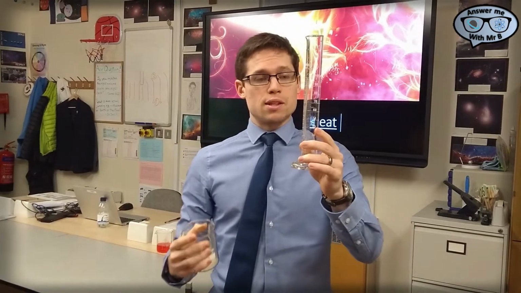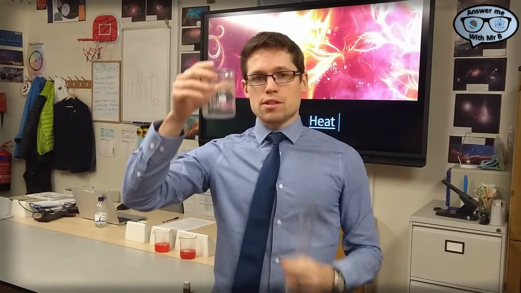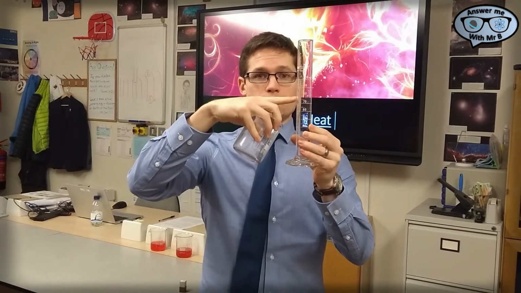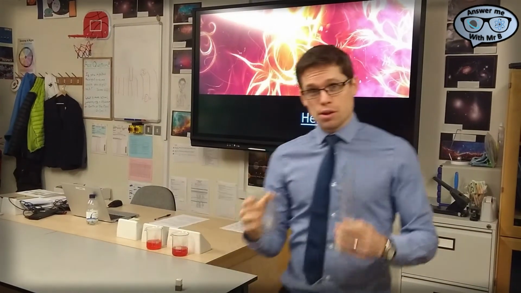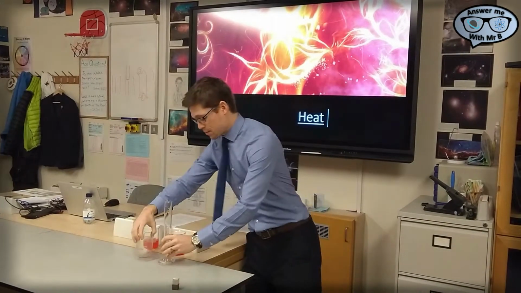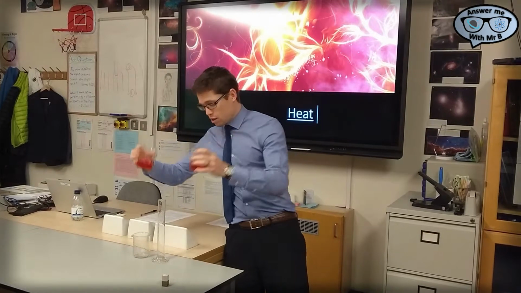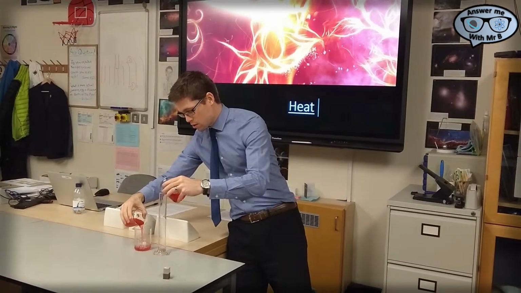So this measuring cylinder is representing something with a low specific heat capacity, and this is something with a high specific heat capacity. The level or the height of the liquid in these containers is going to represent the temperature that that substance reaches. If I apply the same amount of heat energy to both of these substances,